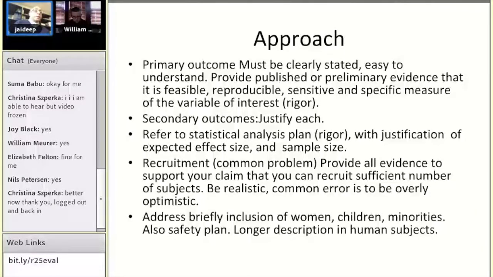So the next approach is a primary outcome, where again, primary outcome is the most critical part of this experiment that you're going to do, and it must be very clearly stated, easy to understand, but you also want to make sure that it is feasible, reproducible, sensitive, and specific. There is a criterion that NIH is becoming very worked up about, which is rigor and reproducibility of your research. And they want to make sure that your primary outcome is